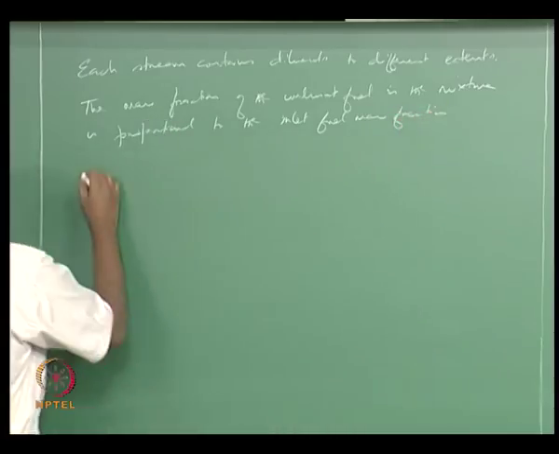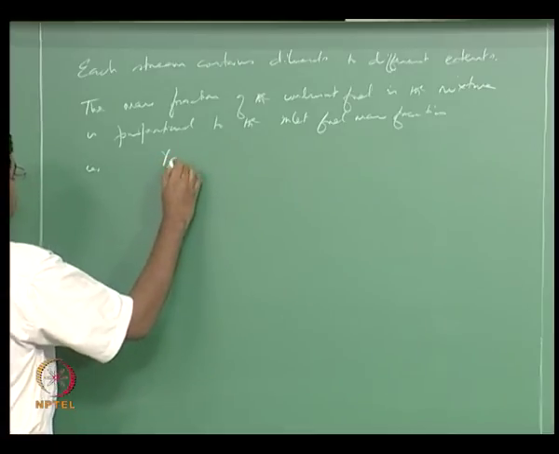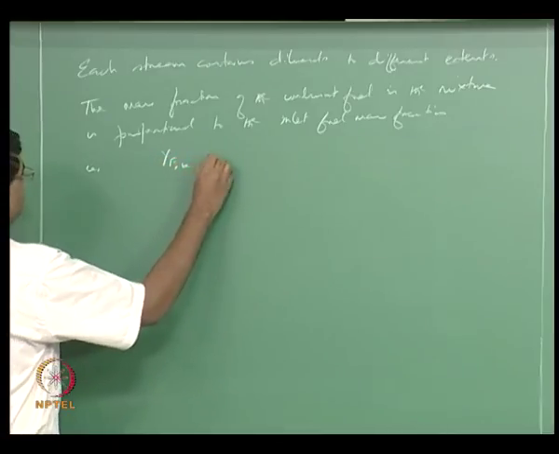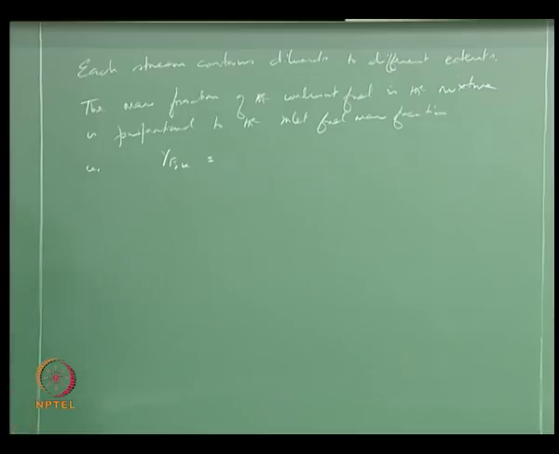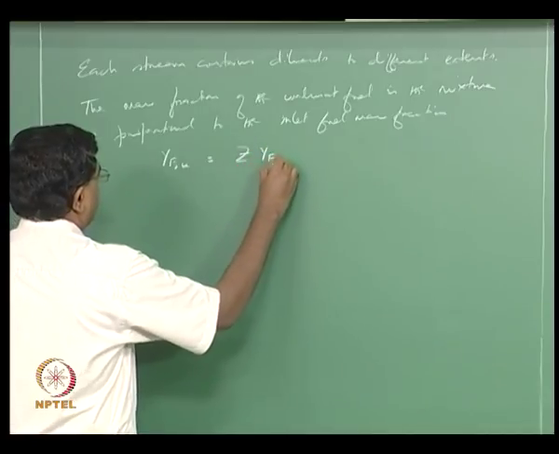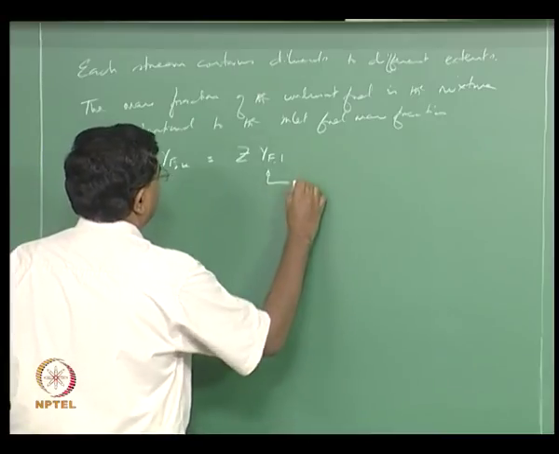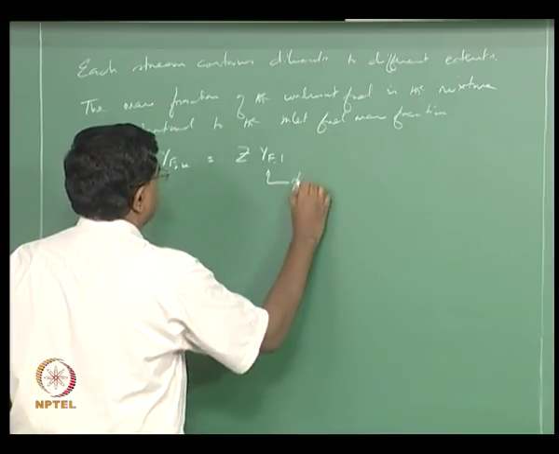So that is to say YF,U, that is the unburned fuel mass fraction anywhere in the mixture, can then be written as Z times YF,1. So YF,1 is essentially the fuel mass fraction